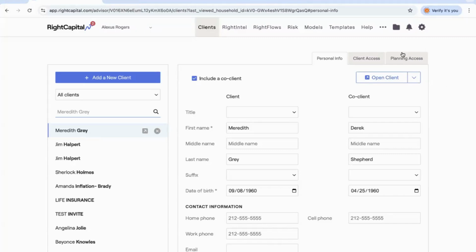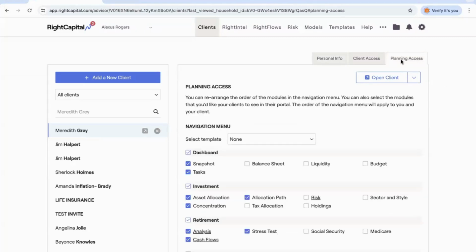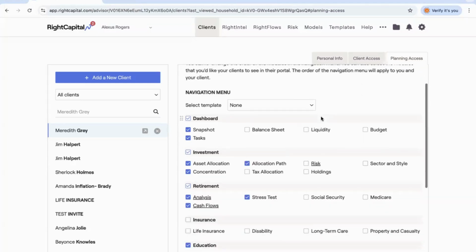In order to access the client presentation mode, we'd want to go to the Planning Access tab. And from the downward arrow, we will see the opportunity to click on the Open in Client Access Mode button. This is also what we refer to as our client presentation mode as well. Now, this is a unique way of presenting in RightCapital, and it is of course relevant for live presentations,